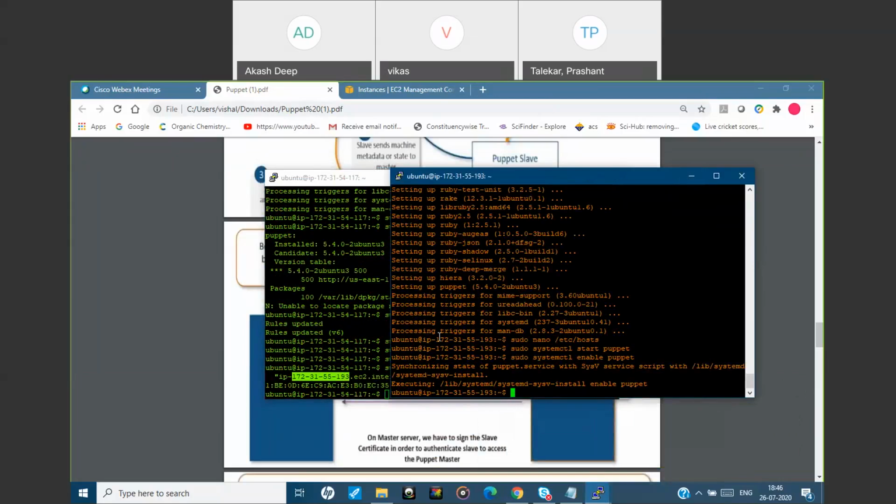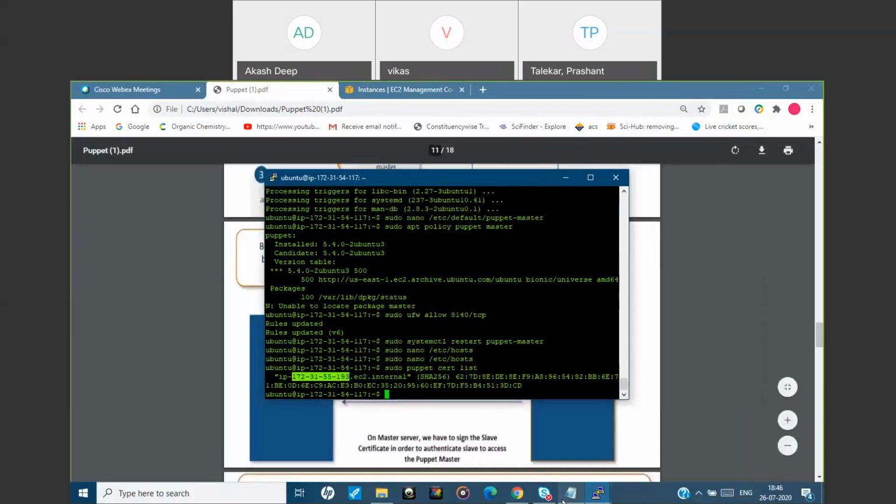As soon as the request has been accepted, this Puppet slave will be a slave to this Puppet master, right? So the connection is established after this. We'll do that with the help of this command.